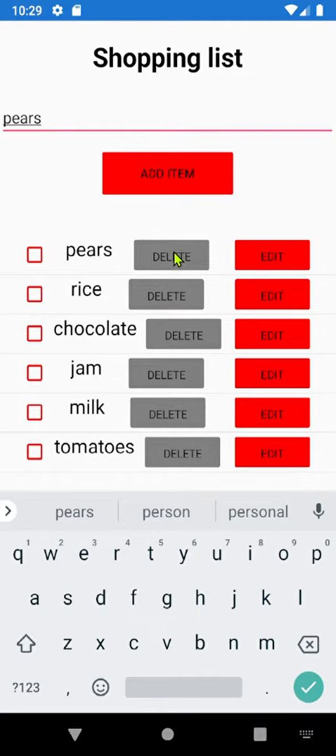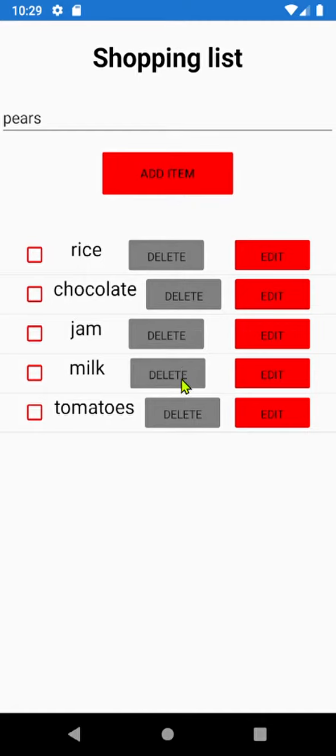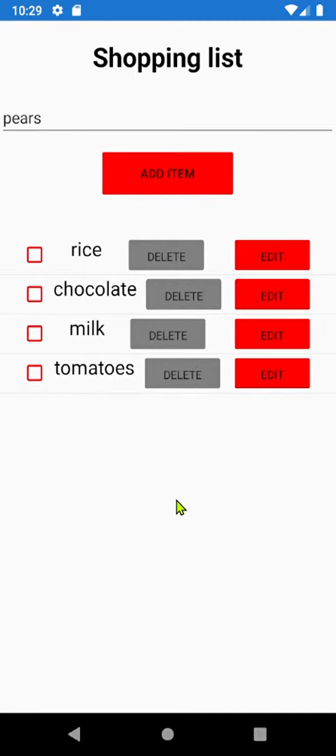Also have the delete function, so delete some things like that. So that's the create, read, update and delete covered. This is the first iteration I've done with this, and